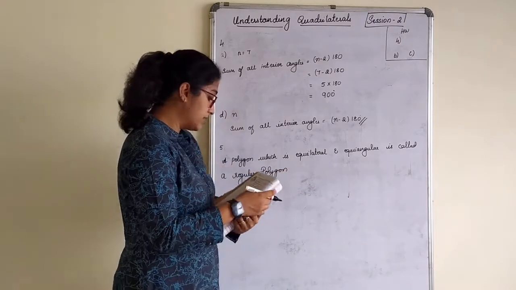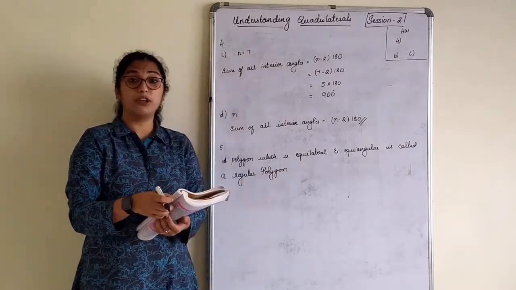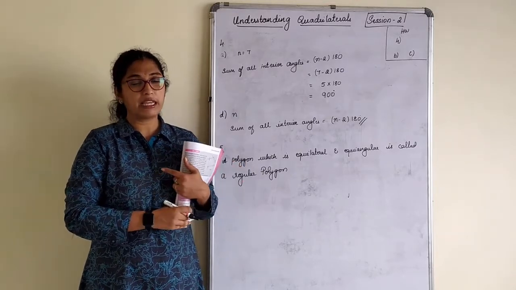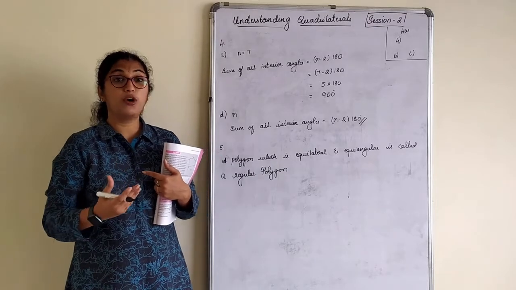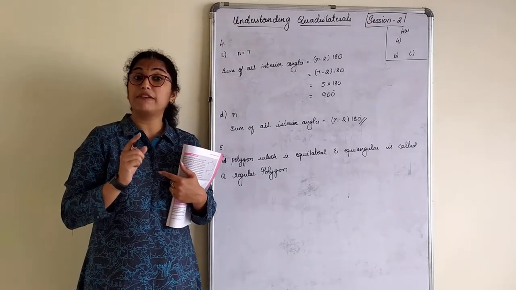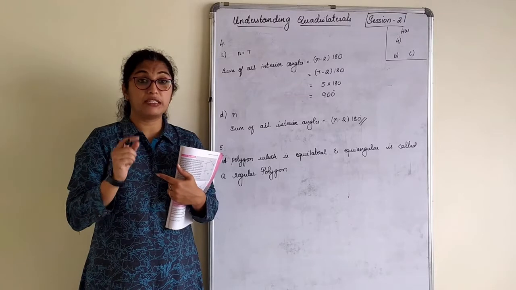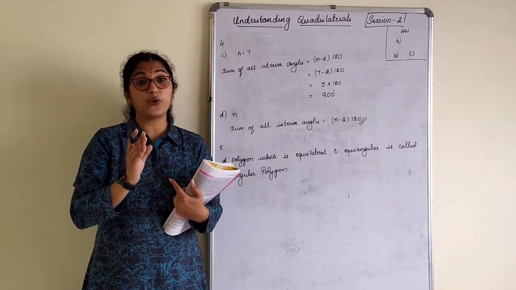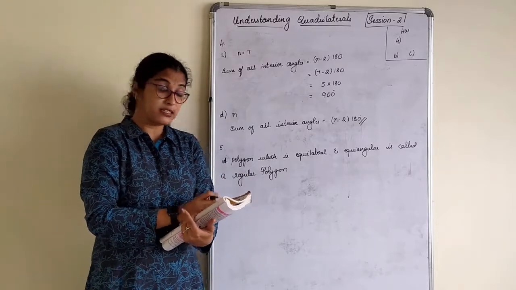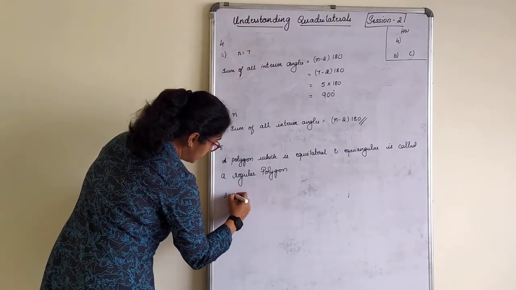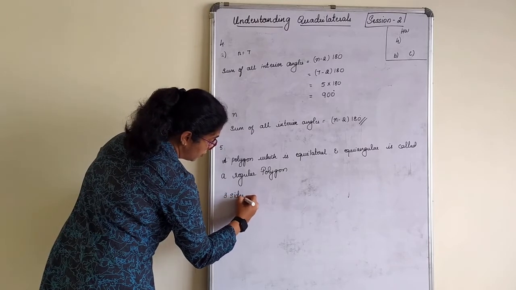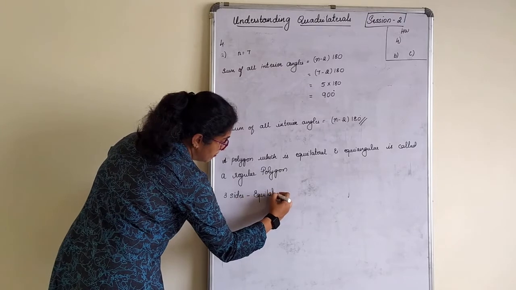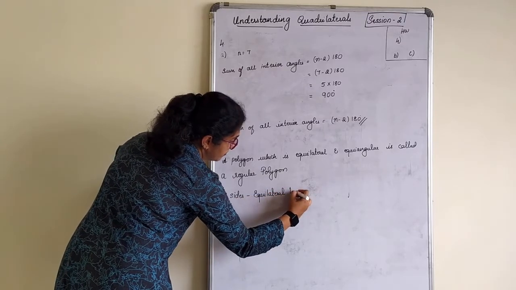Okay, what have they asked here? Name the regular polygon of 3 sides. I'll dictate this, children, you can write 3 sides. Name a regular polygon of 3 sides. What is it? A triangle? Yes. But if you write a triangle, you get 0 for that because they have asked us for a regular one. So a regular triangle is always an equilateral triangle. For 3 sides, you can just write like this: after copying the question, put a hyphen, equilateral triangle.